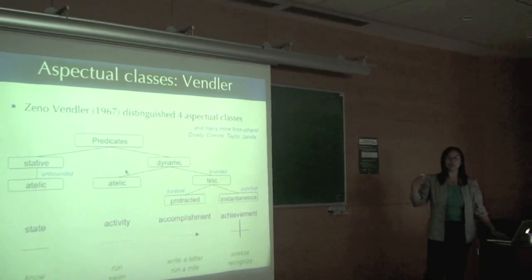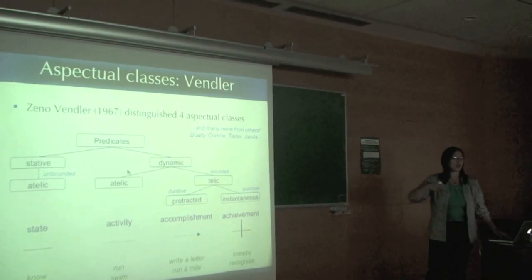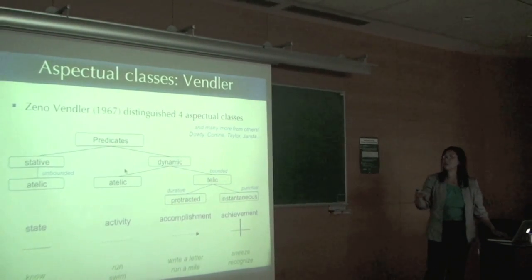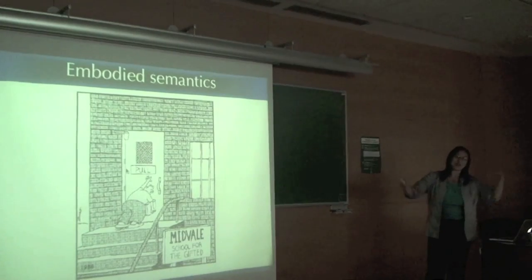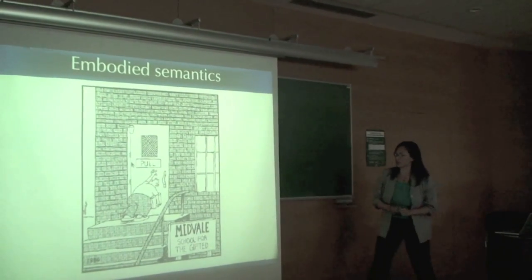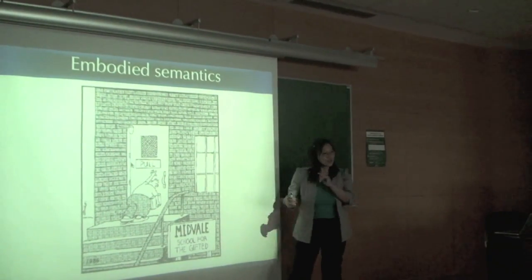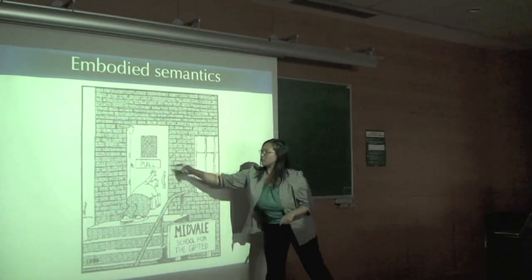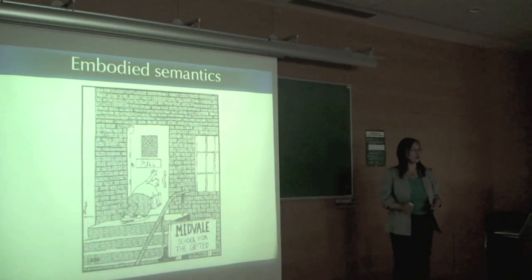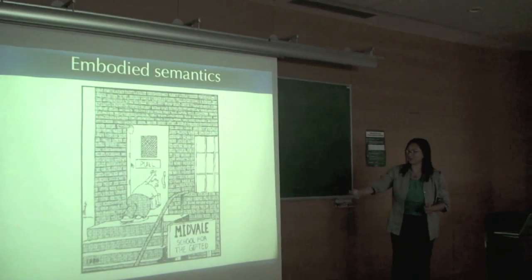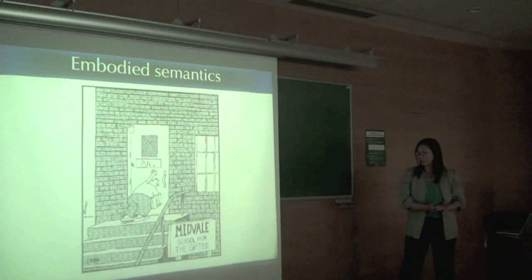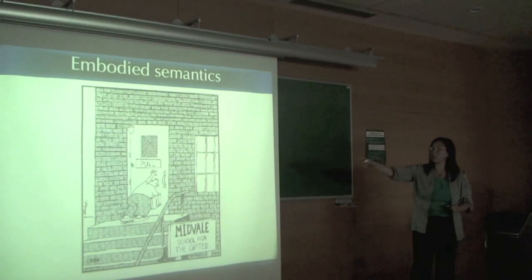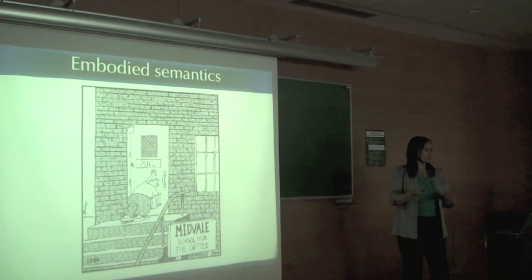Okay. So what do we do with all of this? I mean, we can't just invent more and more labels that we use as categories. Okay, so the idea of embodiment here, if you can't read it here, this is, for those of you who don't know, Gary Larson, a very important American cultural icon, but this is pull, and if you know the meaning of pull, then you will know that he definitely does not deserve to be at the Midvale School for the Gifted.